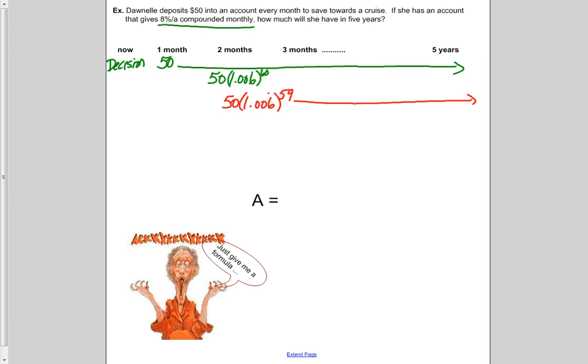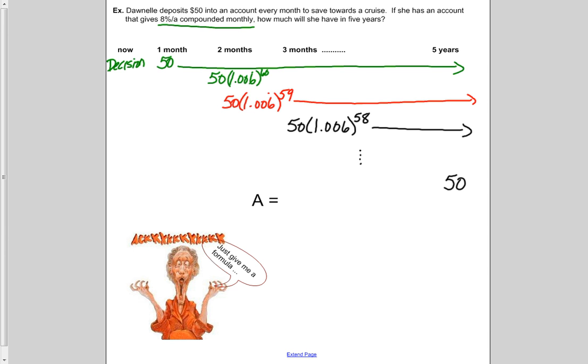And then in the third month, she's going to put another $50 in, and it's going to earn interest, all the way down till the very last $50 she puts in. It doesn't earn any interest at all,